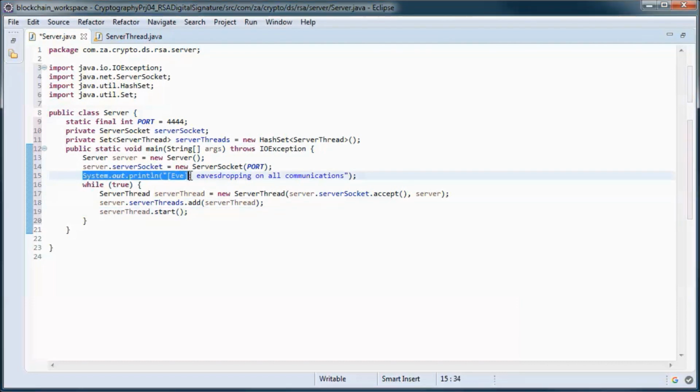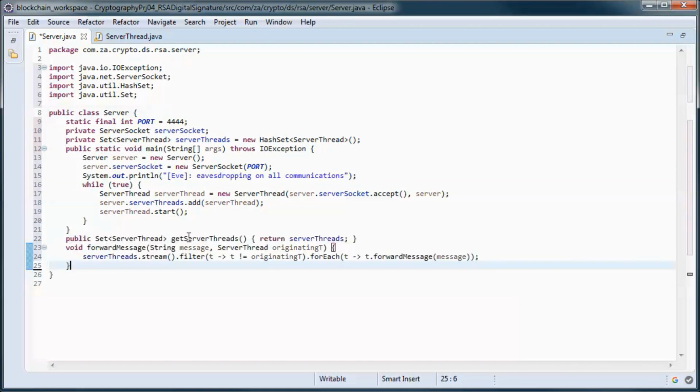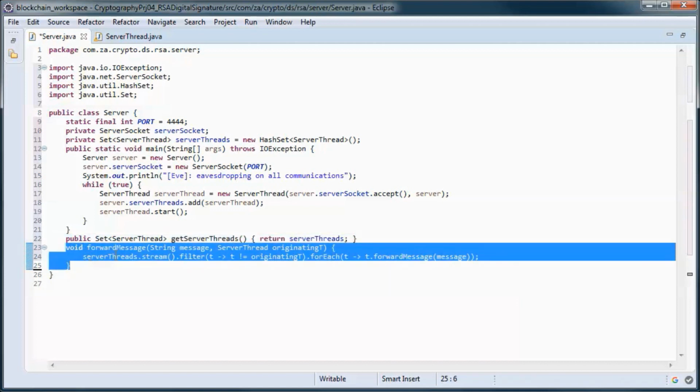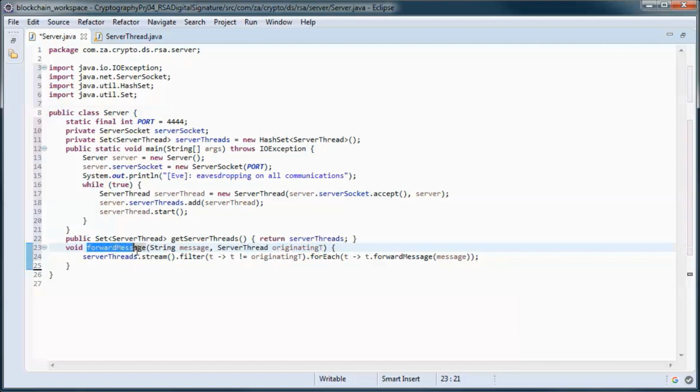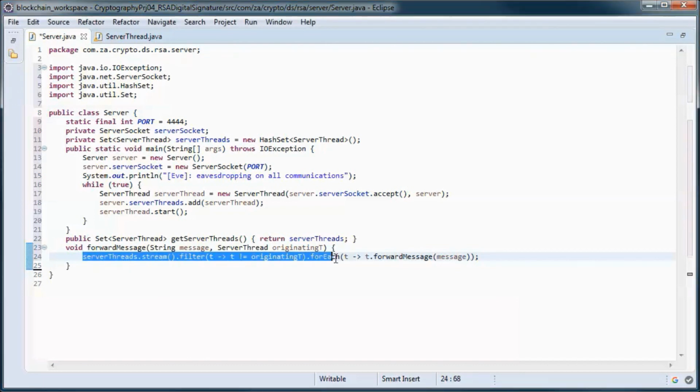And here Eve indicates that she can see all communications, and this is just a get method for the server threads, and this method does message forwarding from Alice to Bob, or the other way around.